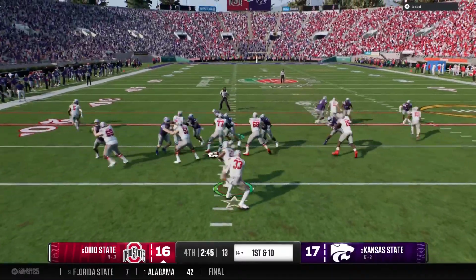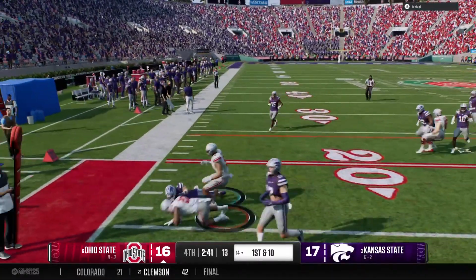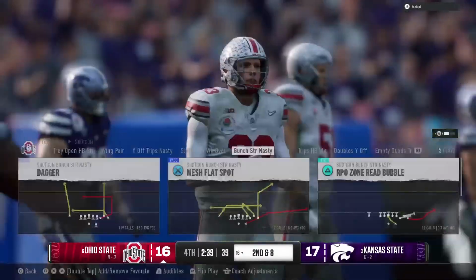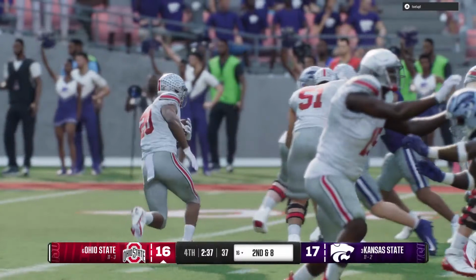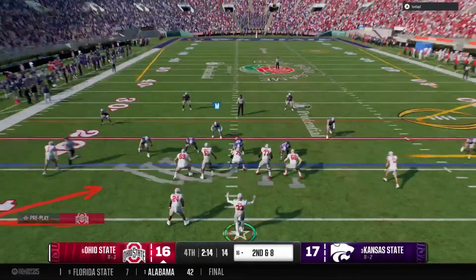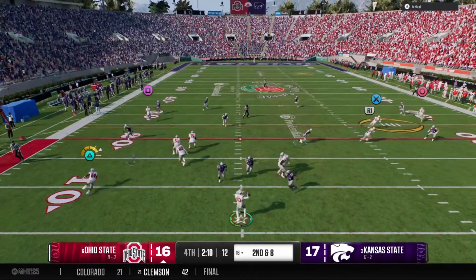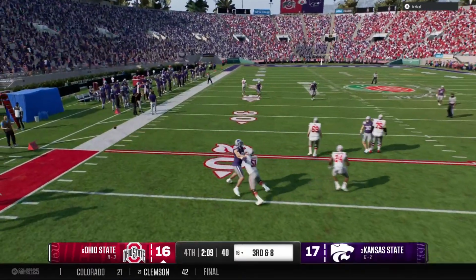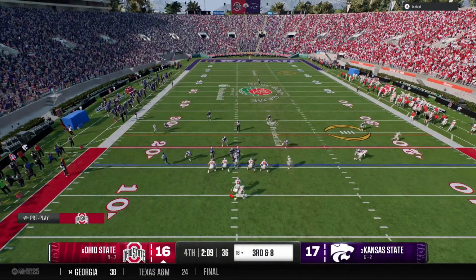The DB's backing off from the line now. That's a nice wrap up there by the junior. See, that's how you limit what an offense wants to do. This time, the defense just won the battle up front at the line of scrimmage, not giving up any big plays. Everybody's gap sound, and it's really solid defense on that play. Off target with the throw, incomplete. Buckeyes will hustle to the line to run the hurry-up offense.